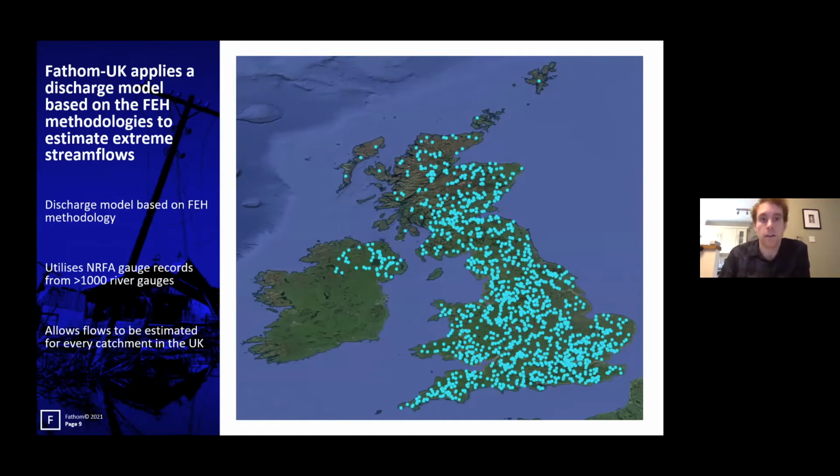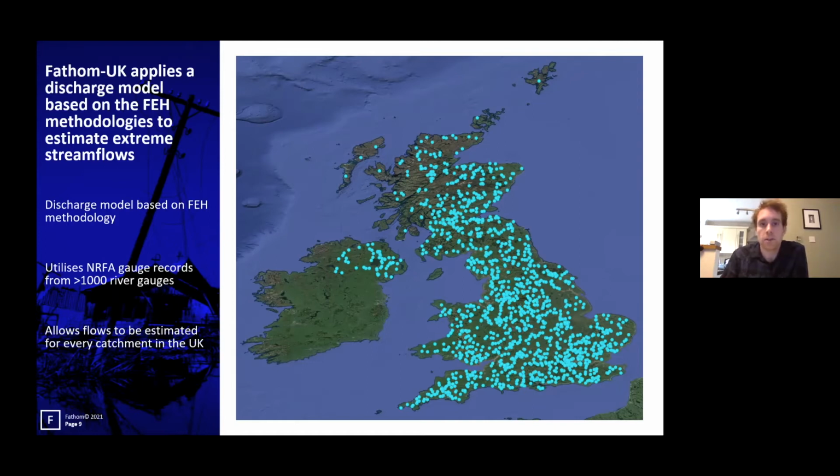Each of these has a crucial role to play in simulating flood events, and I'll just go through these now. Alongside having an efficient and accurate model, another important part of building a national scale model is to have an appropriate methodology to estimate extreme river flows within river channels. Thankfully in the UK, there's an extremely dense network of river gauges with the National River Flow Archive dataset, as you can see in the map on the right, with excellent coverage across the UK.